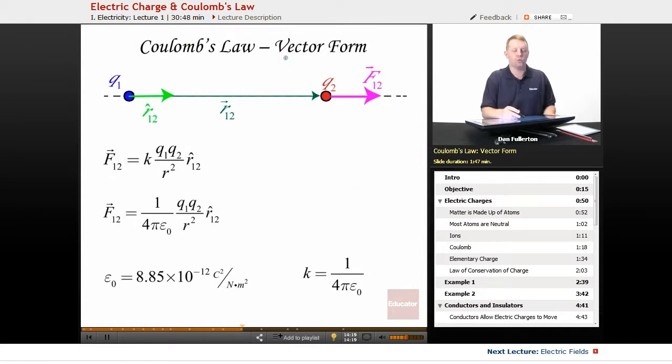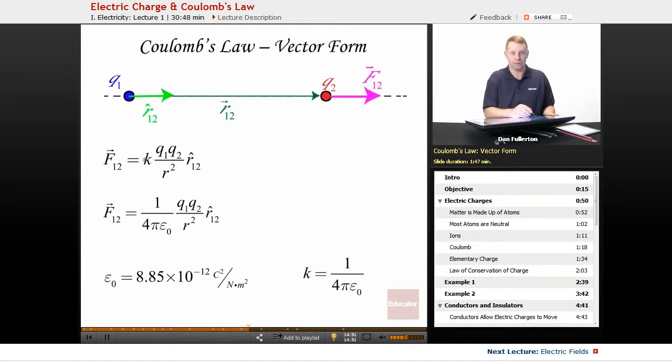So let's take a look at Coulomb's law now in vector form. Here we have charge 1 and charge 2. R12 is the vector from 1 to 2. And we're also going to define a unit vector in the direction from 1 to 2, which we're going to call R hat 1 to 2. And if these are both positive, what we'd expect is a force of 1 on 2 repelling it over to the right. So writing that mathematically, the force of 1 on 2 is equal to our fudge factor, K, 9